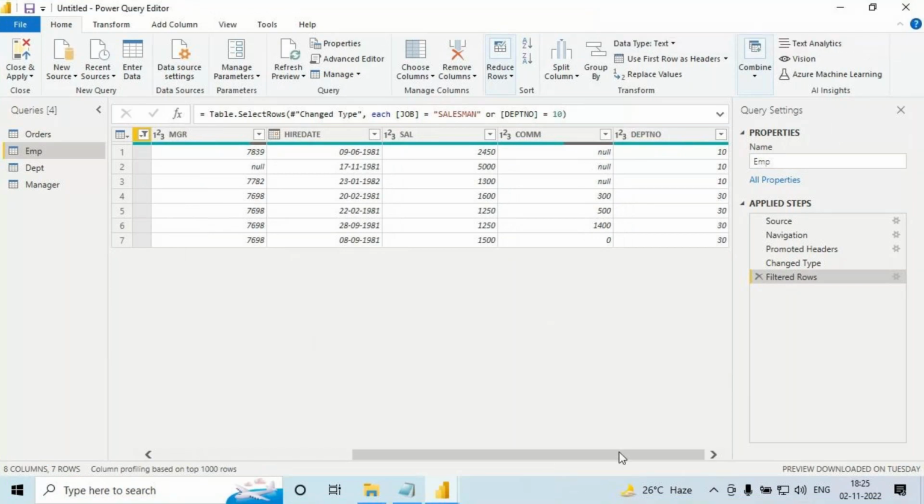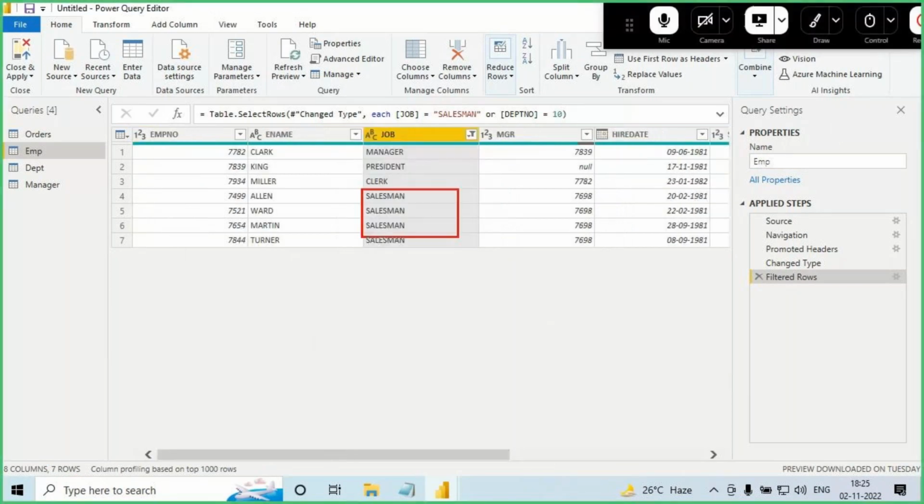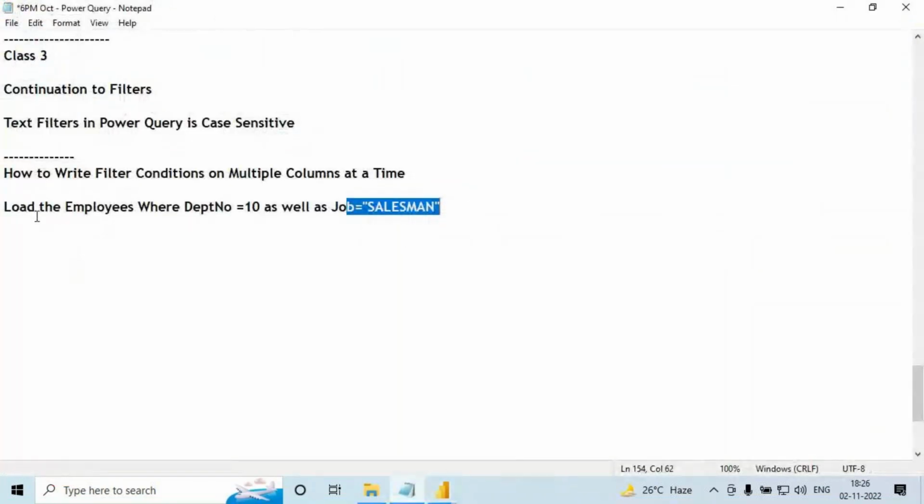Along with that, the employees who are working as what? Salesmen, you are getting it. Totally, 7 records are coming. Right? Like this, sometimes to achieve our requirement, we need to write the filter condition on 2 different columns at a time. When you want to write two filter conditions on 2 different columns at a time, where do we need to write? In advanced. The second requirement is